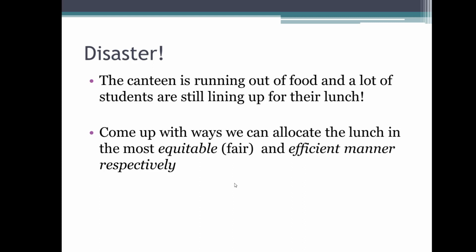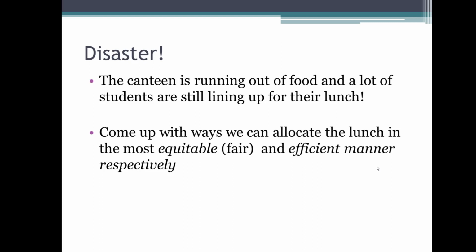Raise prices to reduce demand. Okay, that's good. Okay, Matthew, I assume you are talking about the efficient manner. Unfortunately, they are not going to raise the price. But that is very good to increase the efficiency. Because if we are able to increase the price, then there'll be less people lining up. So that is more efficient.